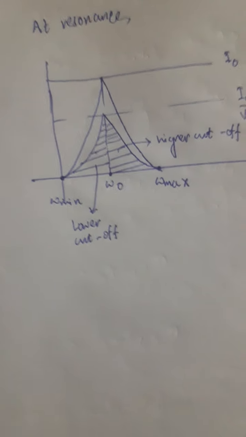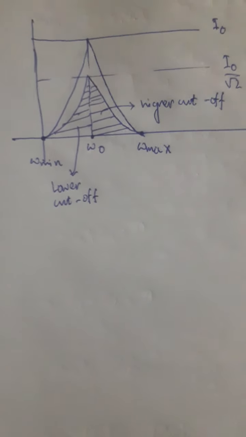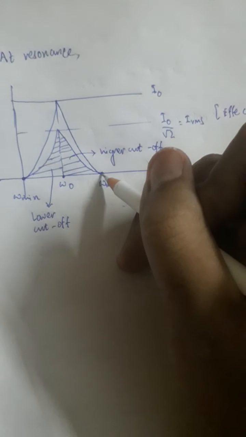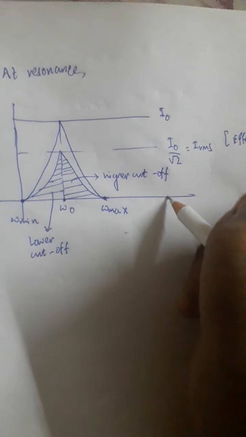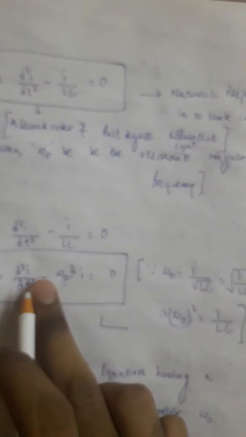So omega naught is a parameter, as omega naught may change in some respects. As if omega max in this case is here, but if omega max also changes, omega naught becomes displaced, so the total equation also changes. So omega naught is not a constant, it is a parameter, so the total equation becomes dependent upon the parameter omega naught.